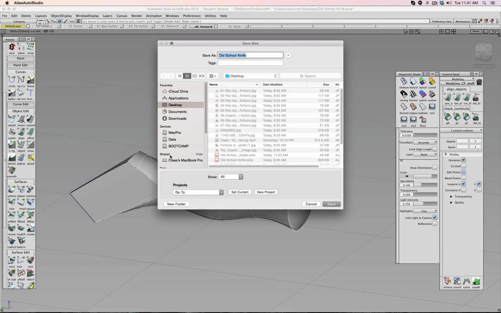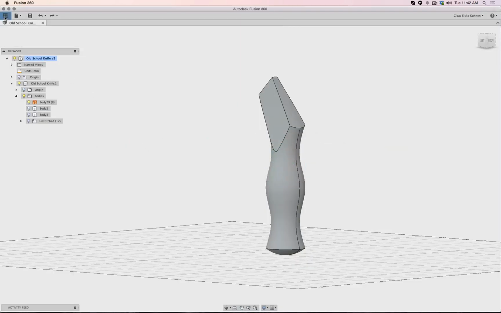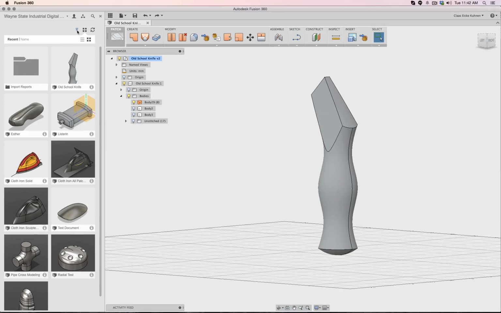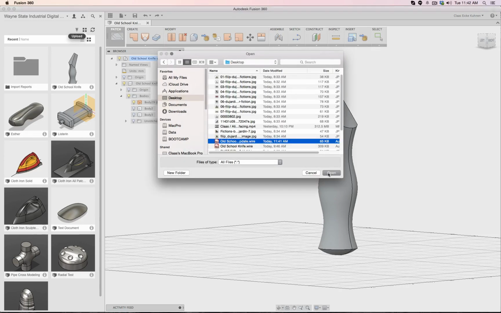The other surfaces I already have inside Fusion, so I don't want to bring them over again. Let's export those two, and let's go into Fusion, and I have to upload those first. So I go to Upload, Desktop, here's the update,